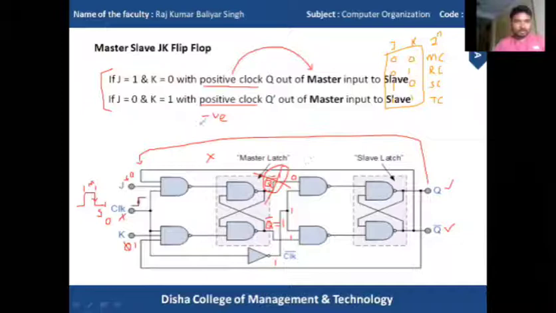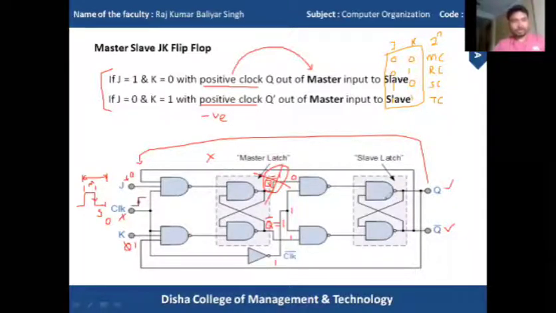At the same time, when the positive clock is going on, the master will not be able to receive the data from the Q. Only on the second clock cycle will the master receive the data at the Q side. So with one complete cycle the master slave flip-flop will work, and we get the final result in one clock cycle. In the first, positive clock cycle, the master will produce the result. For the second, negative clock cycle, the slave will produce the result.